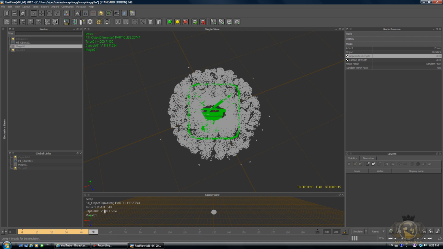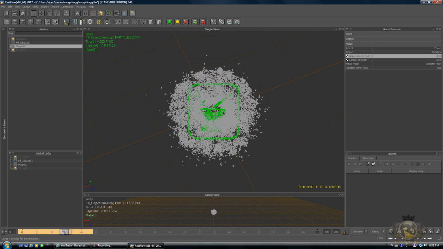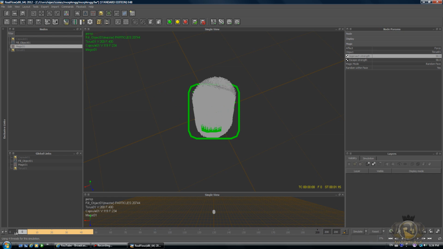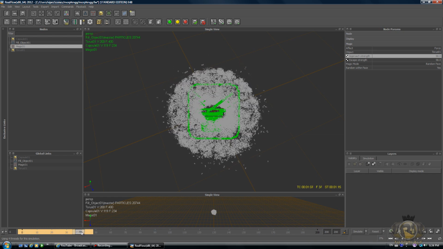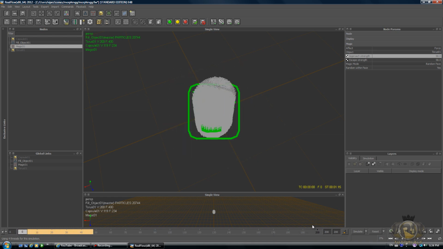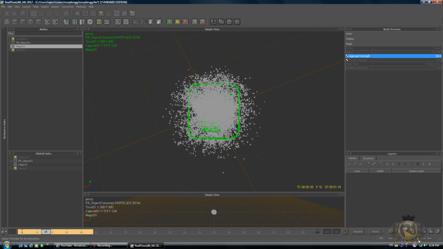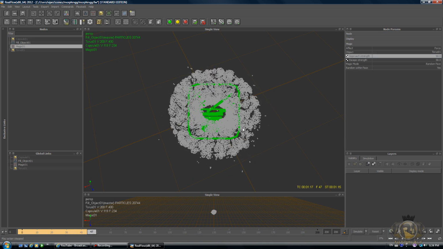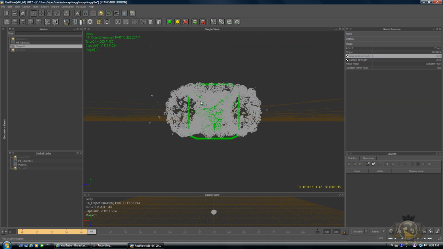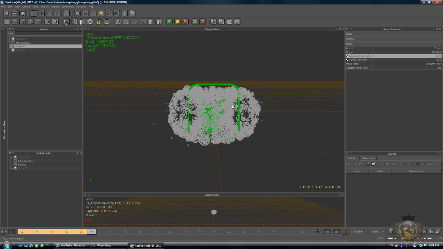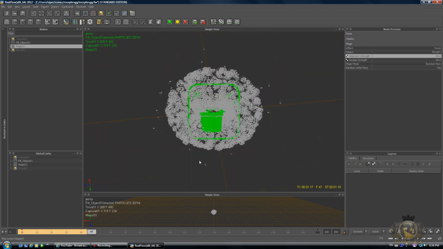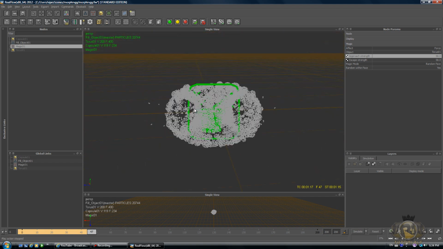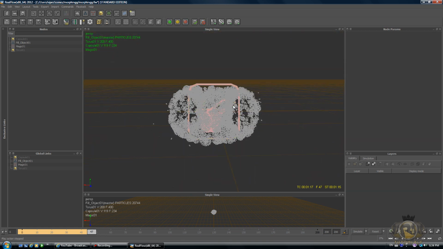Alright, so that worked. As you can see here, it looks like a donut. So it goes from a capsule, and it takes about a second for it to turn into a donut. So if I just quickly play it here, this is what it's gonna look like in real time motion. So let's just see. I think we don't have enough volume, but it's hard to say unless you